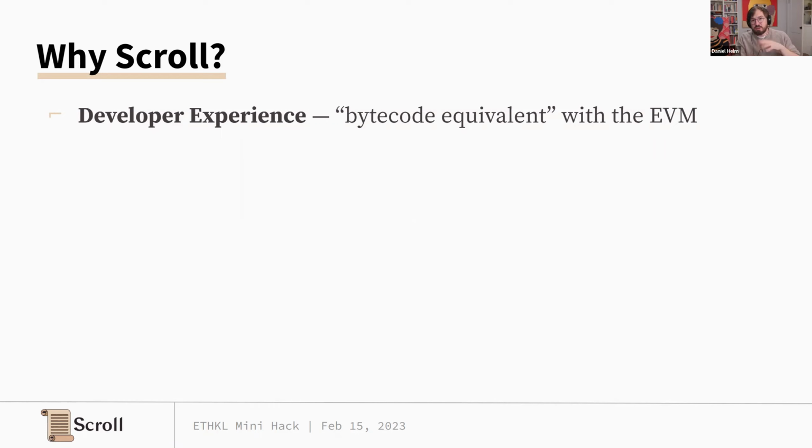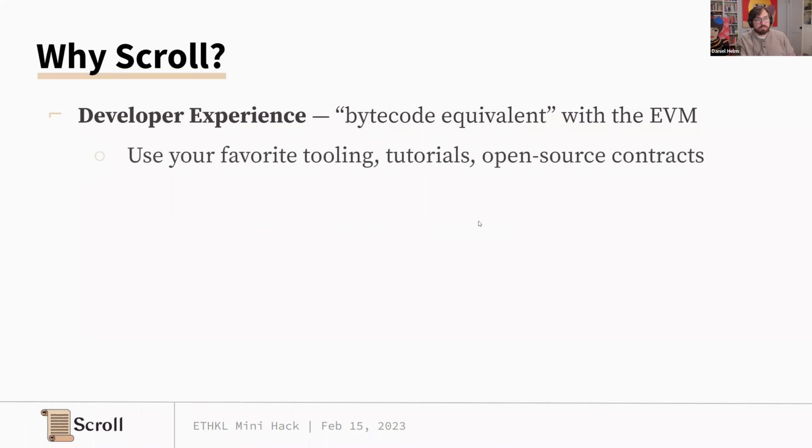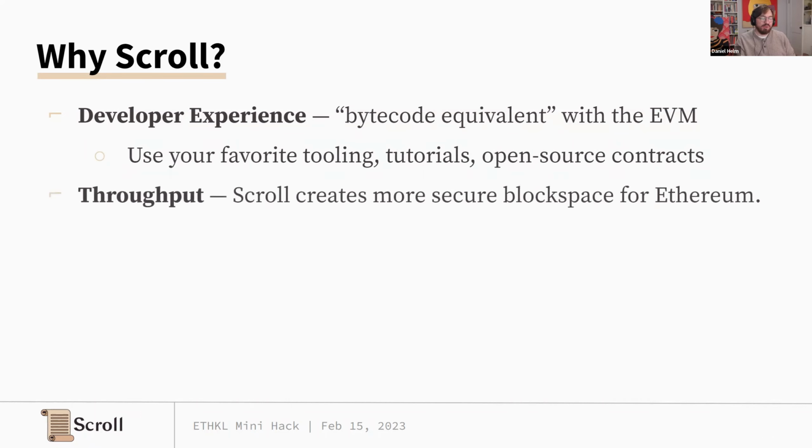If you're used to using tooling like Hardhat, Foundry, your favorite wallets, you can reuse them just fine on Scroll, and you can even copy paste your favorite Solidity contracts. And you can follow your favorite tutorials and just deploy to Scroll instead,